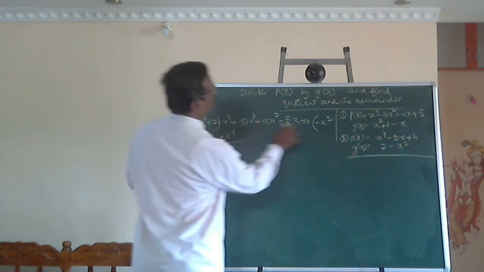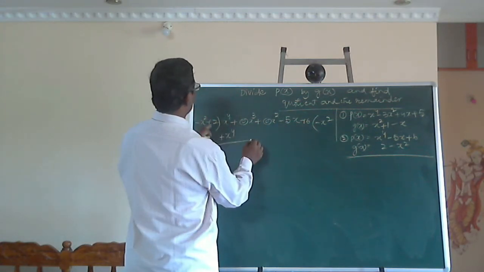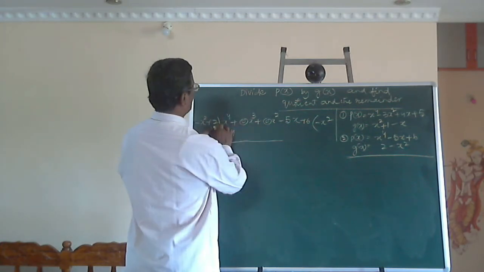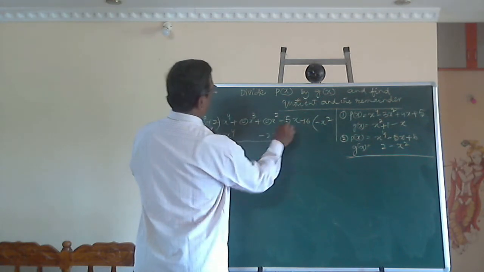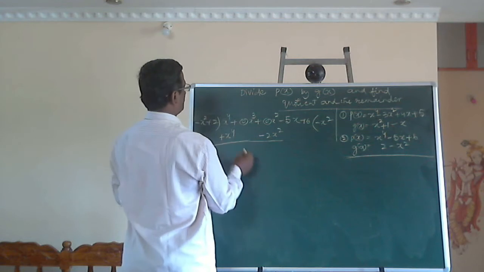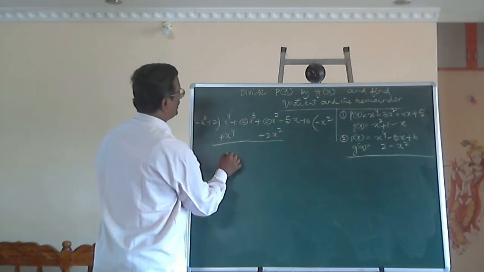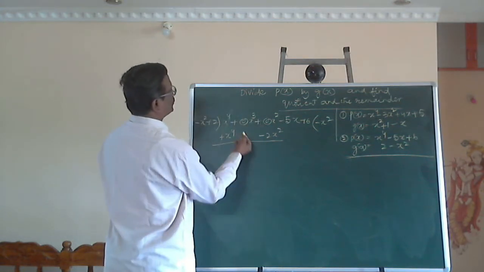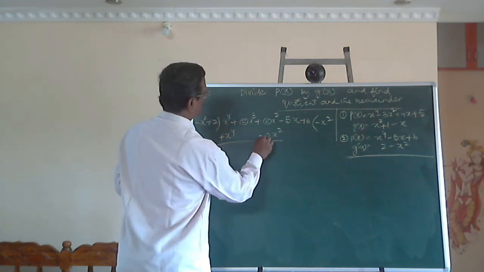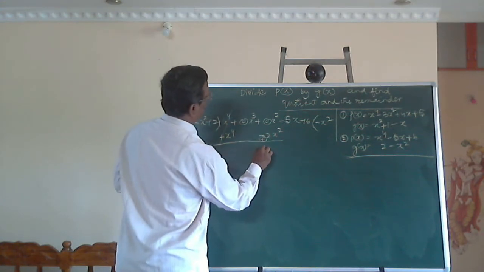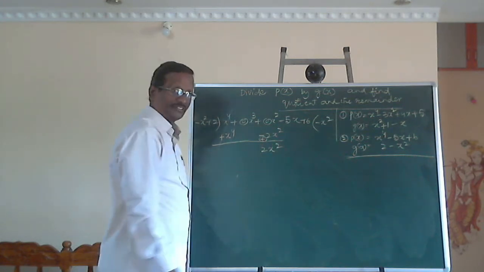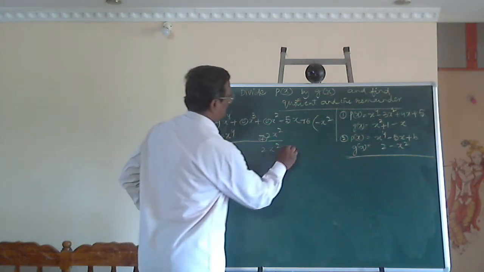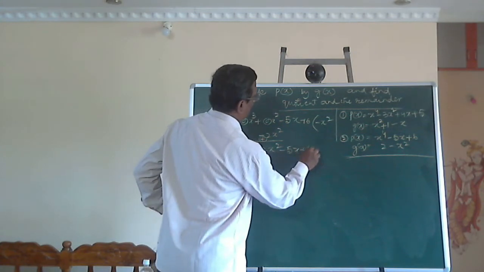And 2 into minus x square is minus 2x square. It should be 2x square term under 2x square term, under x square term. Now it is getting cancelled and there is no x cube term. 0x cube means 0. This on subtraction becomes a plus 2x square. 2x square plus 0x square is 2x square only, and this is minus 5x plus 6.